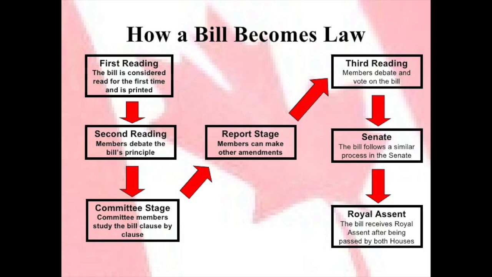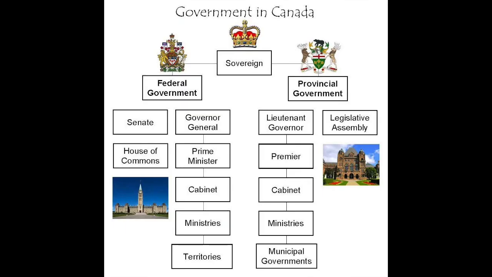If the Senate approves this bill, it is then sent for a final approval by the Governor General, who represents the monarch in Canada. The last step is largely a formality, and since the Constitution Act of 1867, the Crown has never disapproved a bill presented by the Canadian legislature. The official government website of Canada states that this structure, consisting of the executive, legislative, and judicial branches, also exists at the level of the provincial governments. The majority party in each province's legislature is led by the Premier and associated Cabinet, while laws proposed at the provincial level need final approval by the Lieutenant Governor of that province.